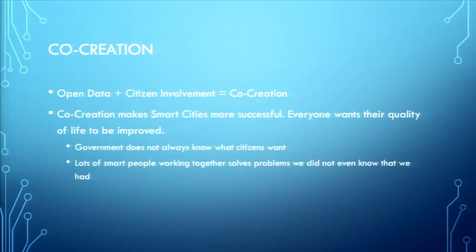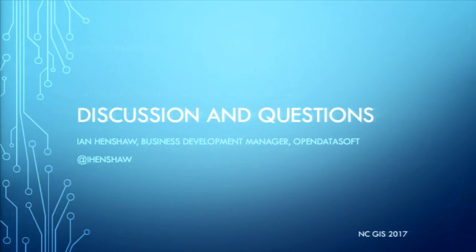And then the last step here is co-creation. So open data and citizen involvement. So this is now a process called co-creation. And it makes smart cities more successful. Because everybody wants the quality of their life to be improved. Government doesn't know what citizens want all the time. And if we put all of our heads together, we're all smarter together than we are individually. So that is really the process of co-creation. And with that, short presentation, but